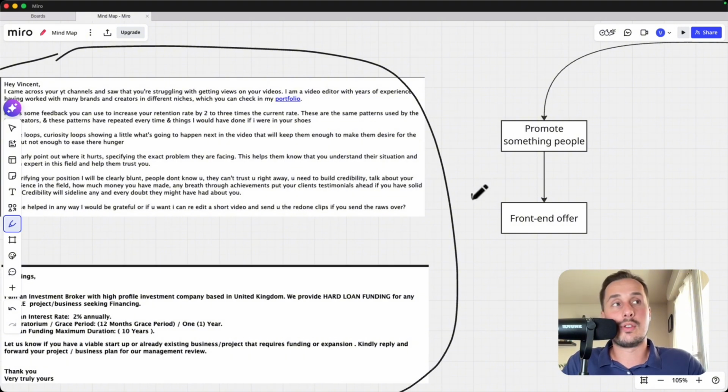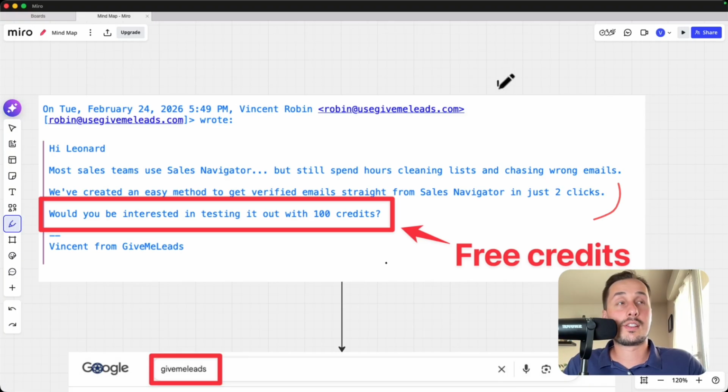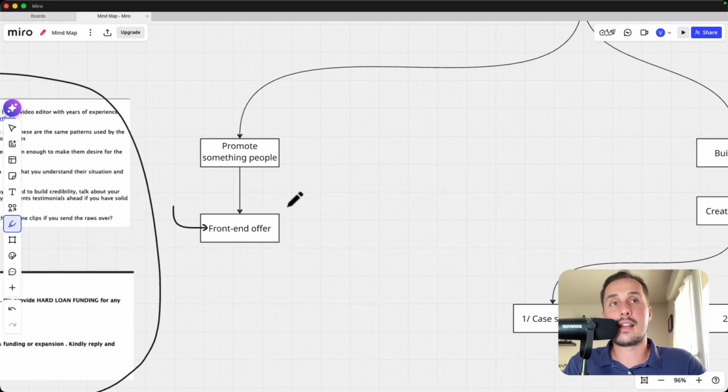And what I recommend to do is to have a front-end offer. So basically, you have something people want. So this is the type of cold email that we have been sending for almost 2 years now. And this is what we call a front-end offer, because here we try to offer something people want. And here we offer free credits. So it's very easy to say, yes, I'm interested. And then people want to try Give Me Leads, and some of them become a client. So for this video, I won't dive into the front-end offer, but yeah, just making something people want gives you